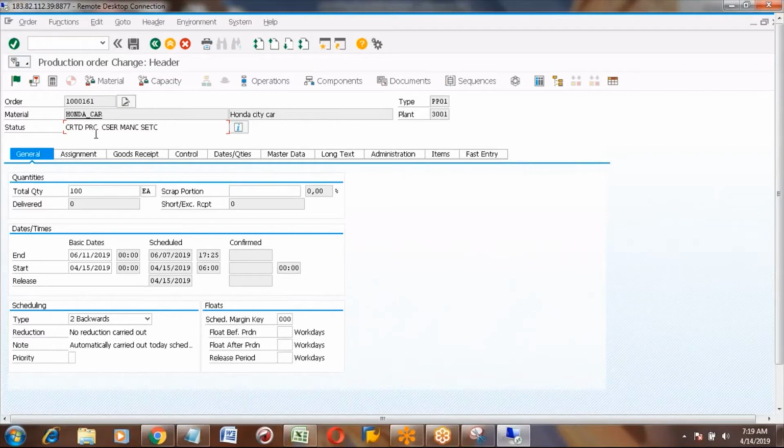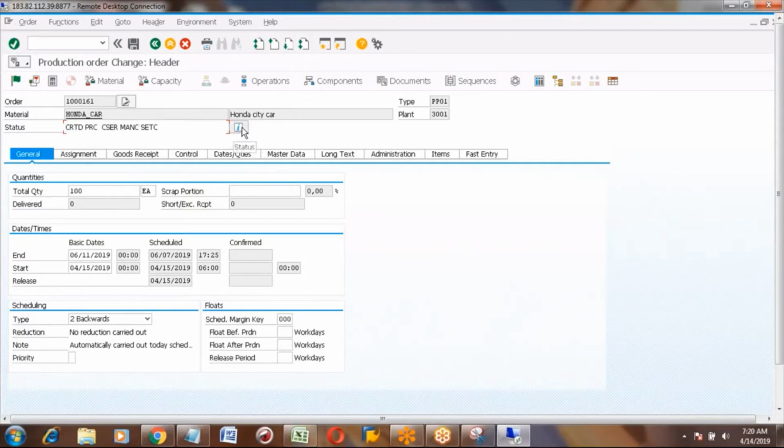Now, if this order is released, that release status will also get updated. The release status code is REL. If this order is already released, then you will find the status REL here. What do all these statuses mean? You can click on this I button.